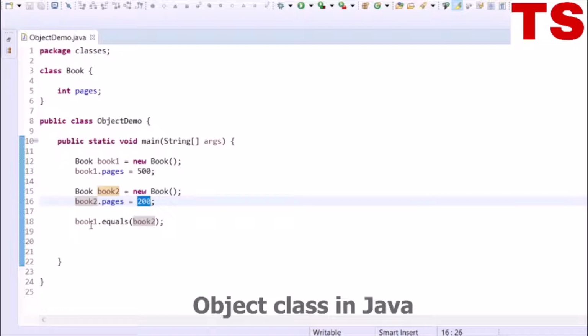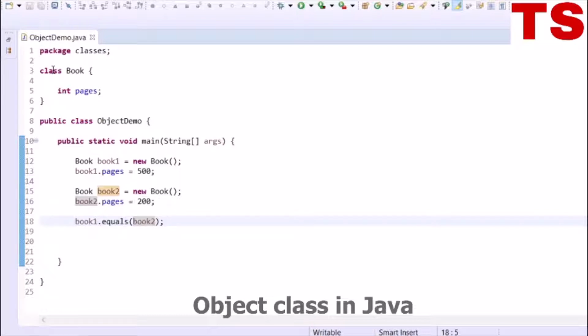Now, using the book1 reference variable, I can call the method equals and pass the second object, that is book2. The equals method takes the object as an argument.